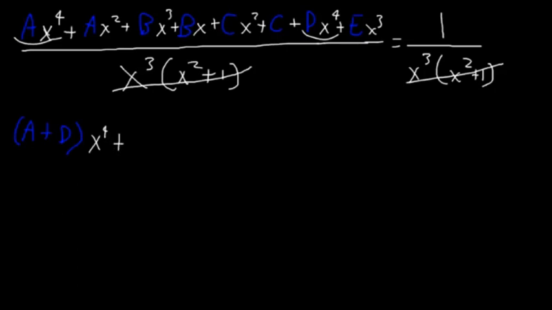And then plus, for the x cubed terms, let me use a zigzag line for those. For the x cubed terms, this is at 2 by the way. For the x cubed terms, you're going to get b plus e as the general coefficient for it, times x cubed, plus, and then for the x squared terms, I'll